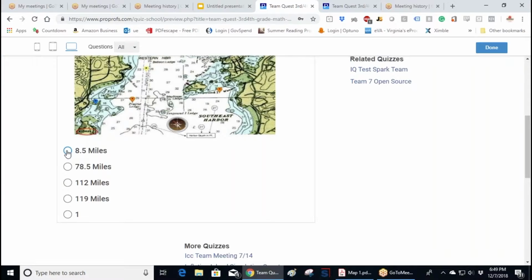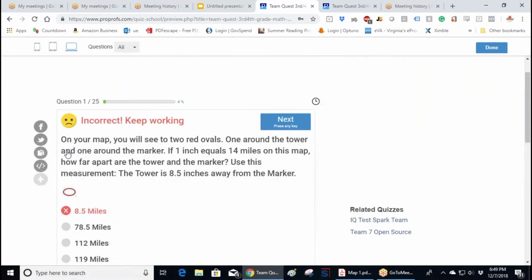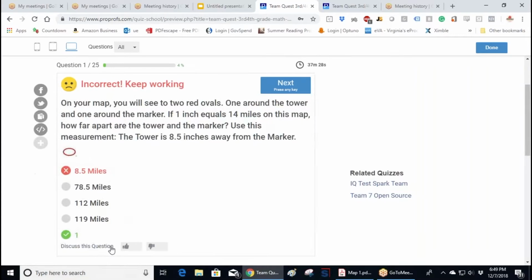So in this one, we're just going to say the answer is 8.5. And you're going to see it tells me it's incorrect. Now down here, it's telling me that the answer is 1. The answer is not 1, but I'm just showing you this as an example of what to do. So once it's scored it, once you have the answer here, then you're going to click next to move on